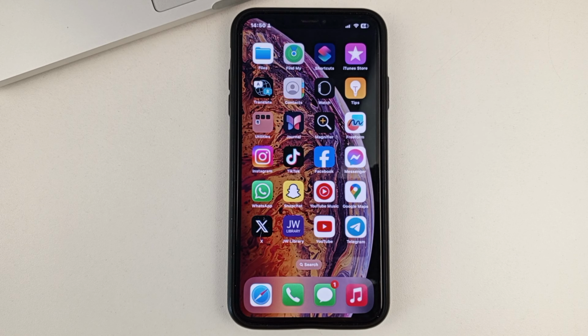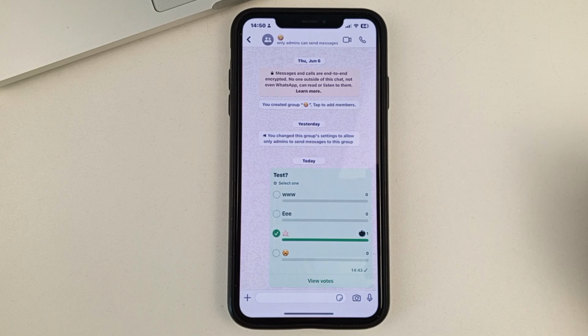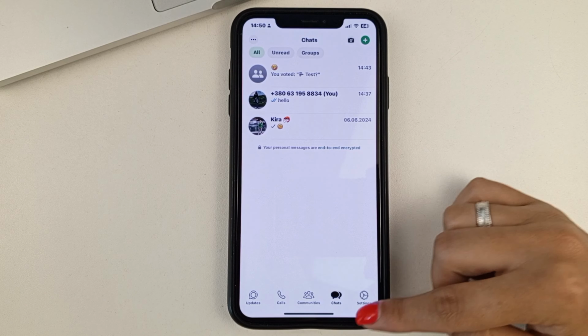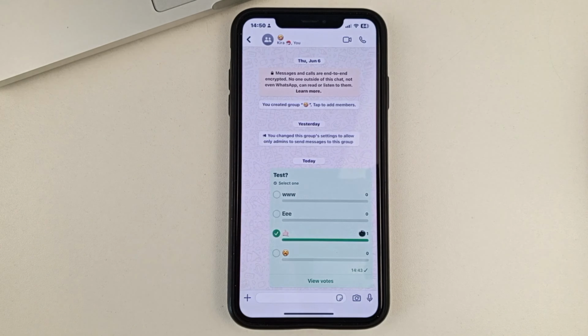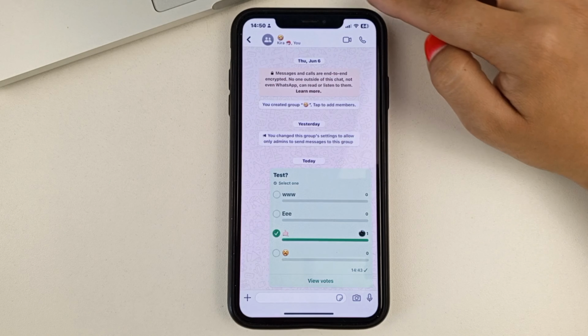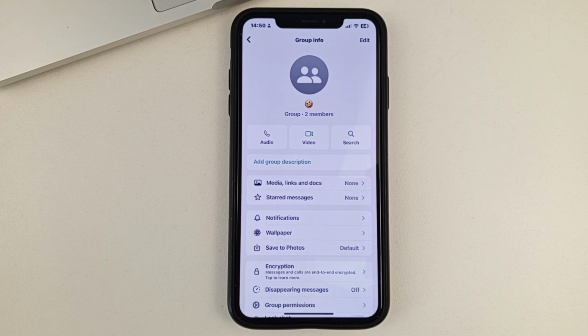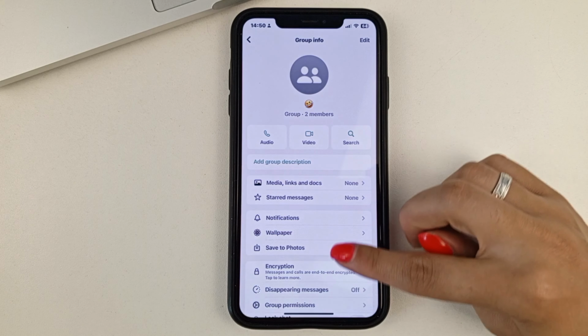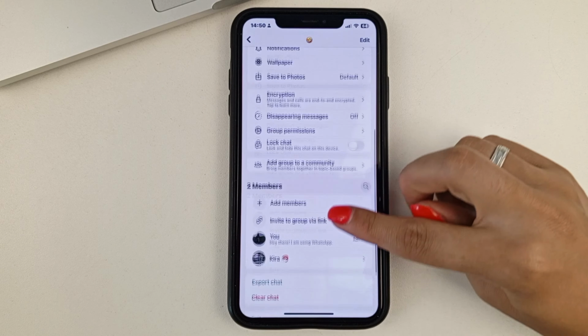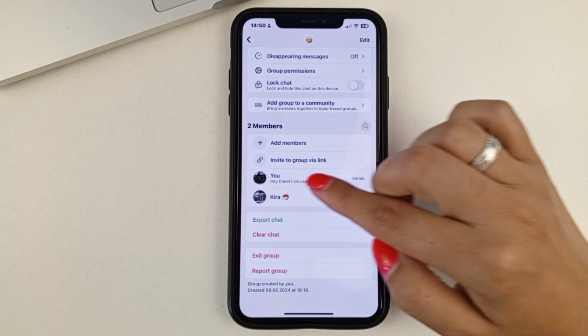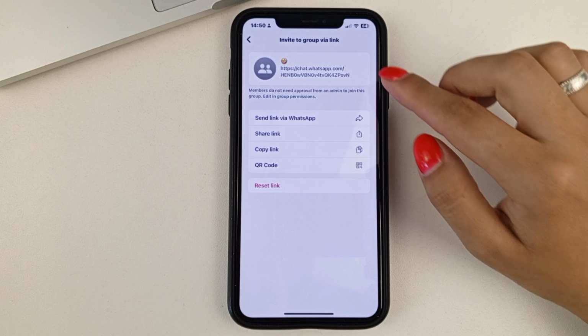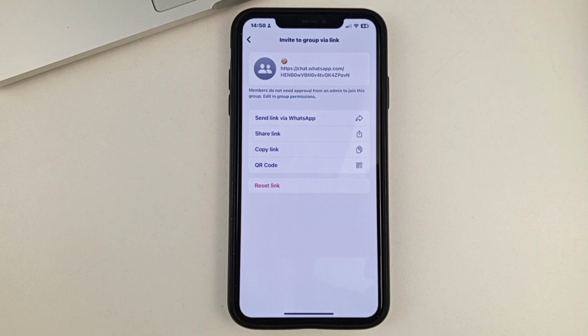So let us get down to our topic, and first of all, open the WhatsApp app on your phone. After that, go to the chat section and further go to group. So, next, in order to find the link, you will need to click on the group name at the top to go to the settings of that group. Scroll down here. And here you'll find this section right here. And go to the group link.